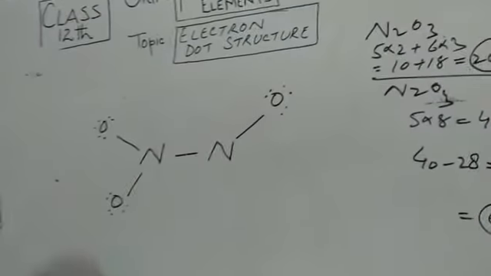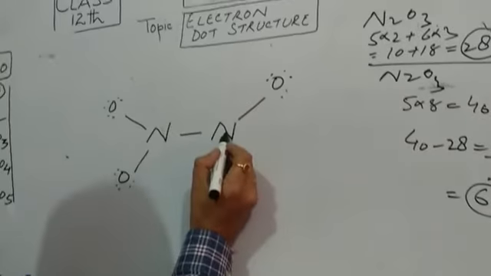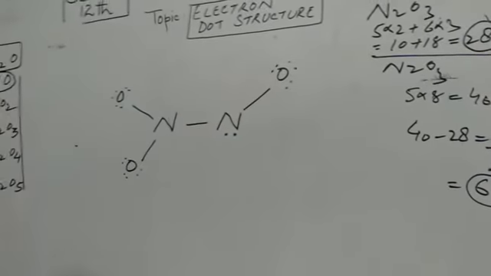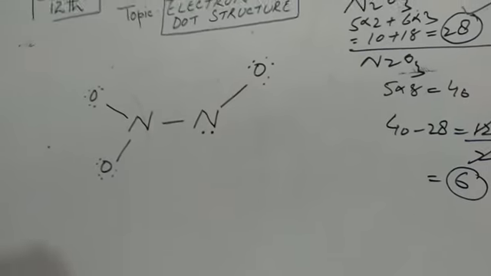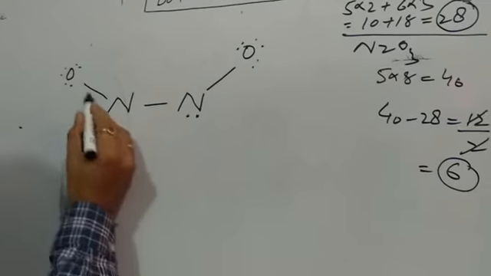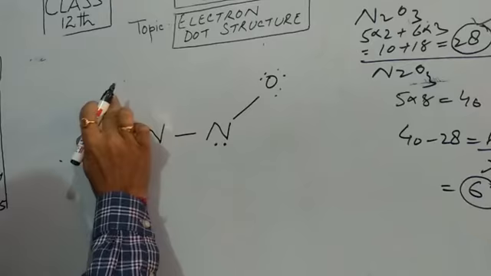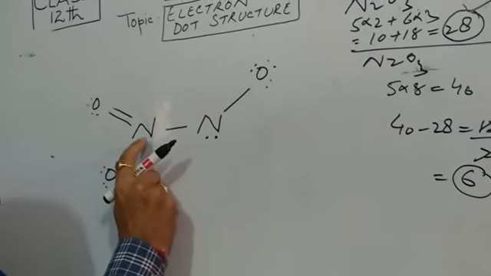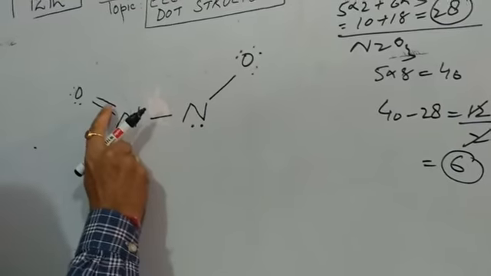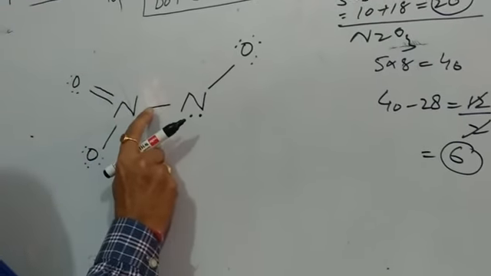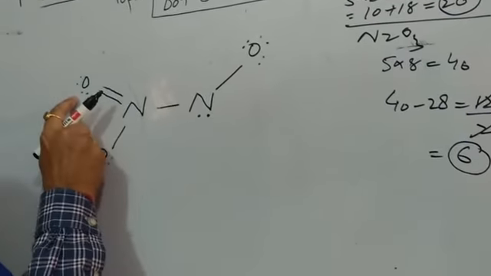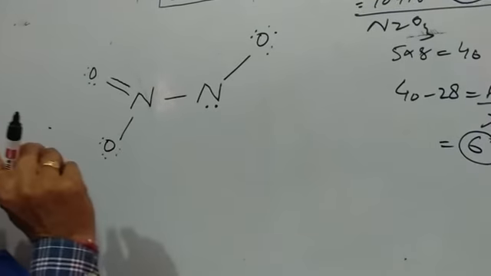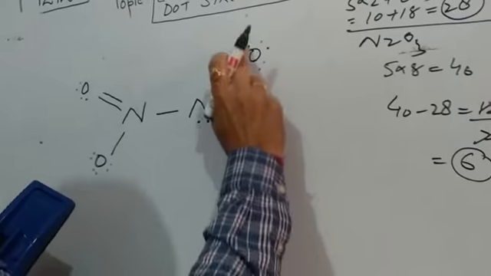Let us place them somewhere, here on this nitrogen. Now to complete the octet, it has 2 plus 2 plus 2. We will shift these 2 electrons here in the form of a bond. Now let us see whether this nitrogen has completed the octet. 4 plus 2, 6 plus 2, 8. It has completed it also. And so has this oxygen atom. And what about this? 2, 4, 6, and yes, it has also come. Coming to this, it has completed.